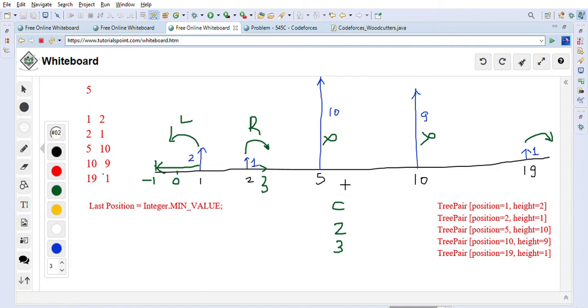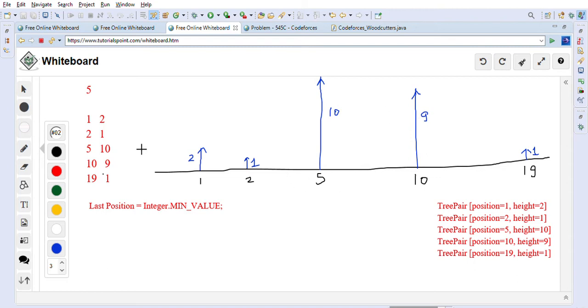So now let's develop an algorithm for how we can solve this problem programmatically using a computer program. Let's remove all this coloring that we have done so we can reuse this again. So this is our original trees. What we will do is go through all these input trees that are given to us.